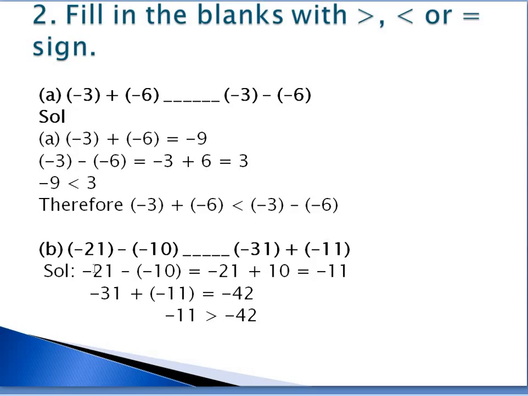Here I will take this left hand side. Here minus of minus 10. That is nothing but addition of additive inverse of minus 10. Additive inverse of minus 10 is plus 10. So one positive, one negative, you subtract and put the sign of the greater number. Here take the RHS now. Now minus 31 plus of minus 11.